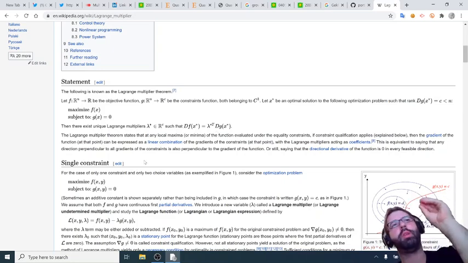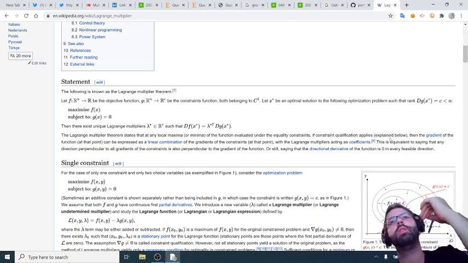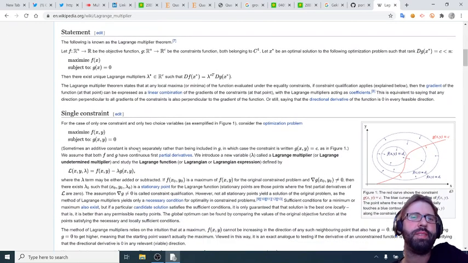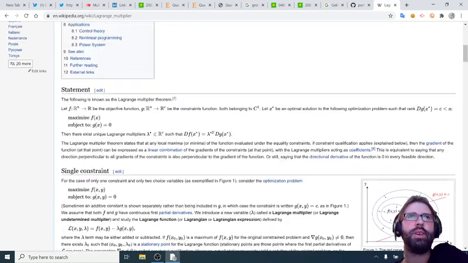The Lagrange multiplier theorem states that at any local maxima or minima of the function evaluated under the equality constraints, if constraint qualifications apply, then the gradient of the function at that point can be expressed as a linear combination of the gradients of the constraints at that point. I don't know what this is. So, okay, but this is